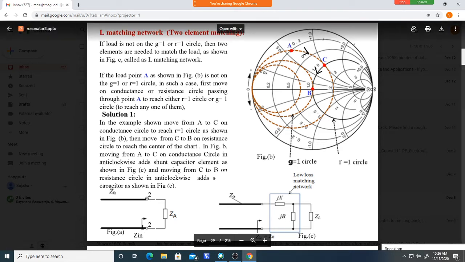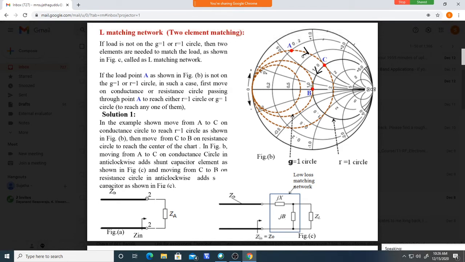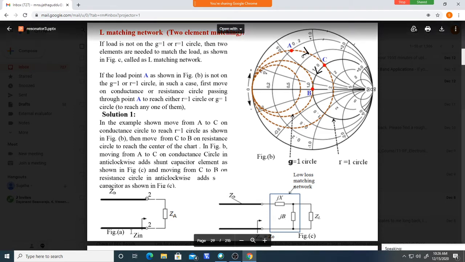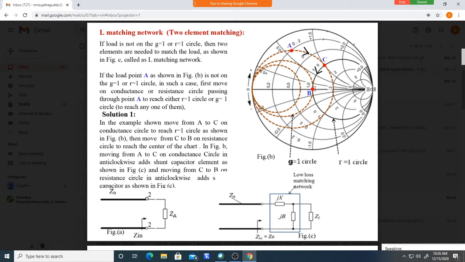So now it is not at the center. So what is this? If you look in this direction towards the load, what is the value of impedance here? It is this. This is the value. See, now this is a circuit given, ZA, impedance given, it is marked here. Now, without an impedance matching network, if you look like this, what is the impedance you are observing? It is equal to this. This is the value here. Okay. But what I want, looking in this direction, it must be equal to this. It must be equal to this value.